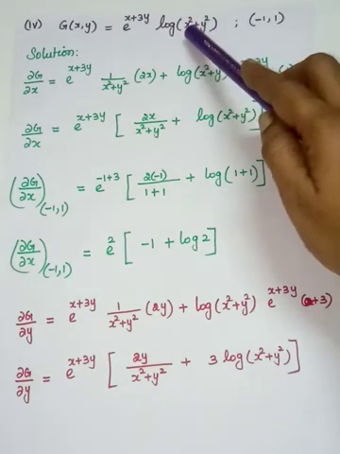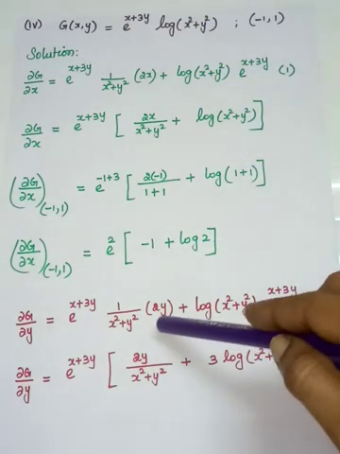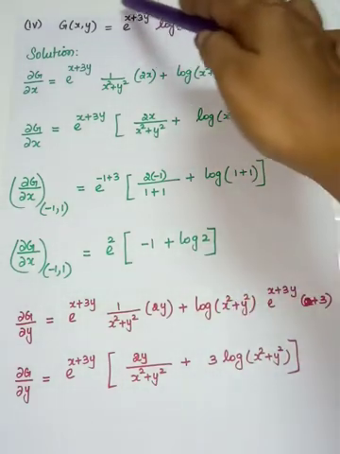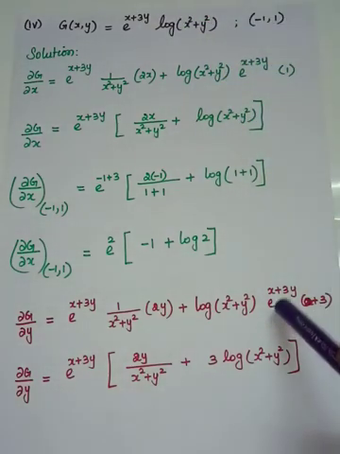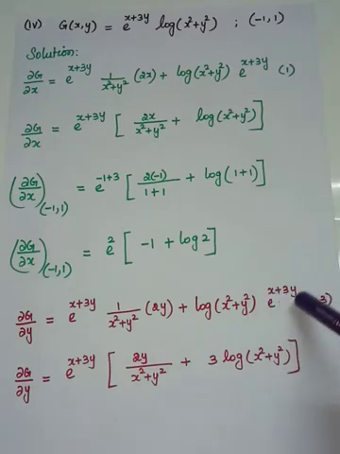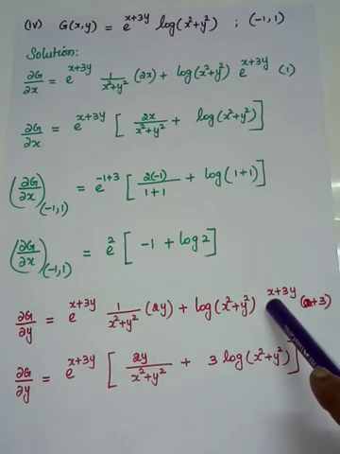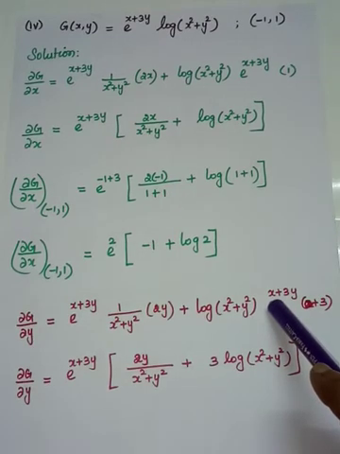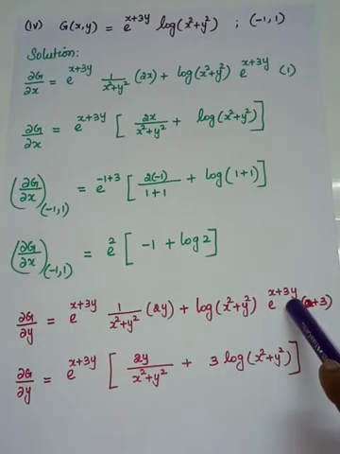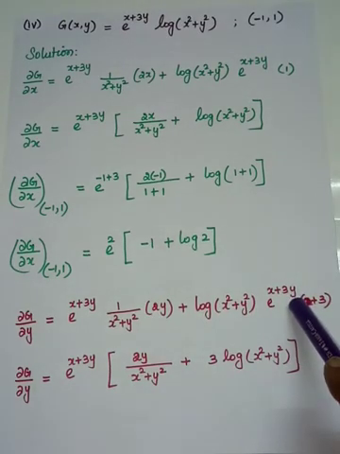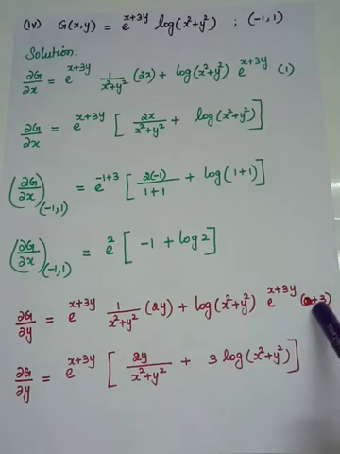So x squared differentiation is 0. Y squared if you differentiate it is 2y. Plus product rule, v has to be kept as it is, and you have to differentiate e power. So e power x plus 3y you have to write as it is, and the power x plus 3y has to be differentiated partially with respect to y. So look at the first term x. So x is a constant while you are differentiating partially with respect to y. So whose differentiation is 0. Come to 3y. 3y if you differentiate, 3 is a constant. The differentiation of y with respect to y is 1. So your answer is 0 plus 3.